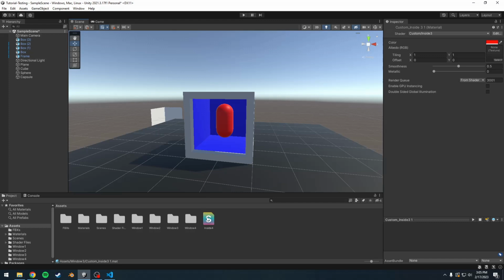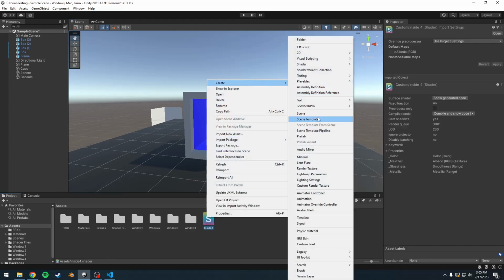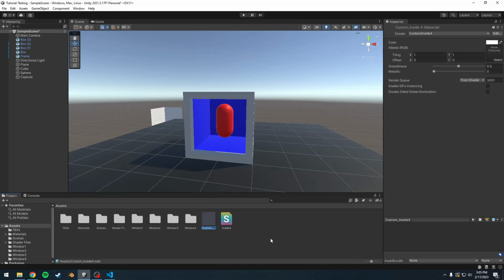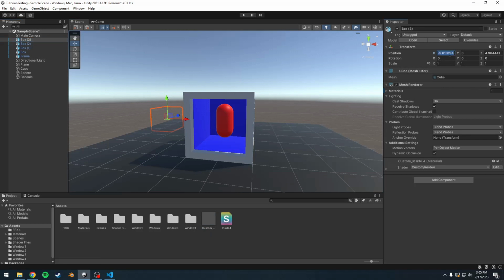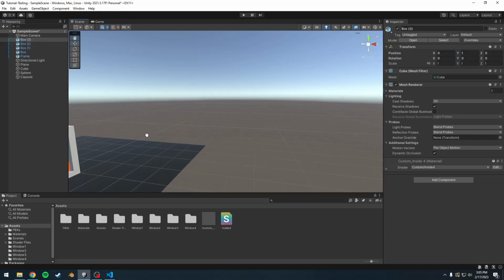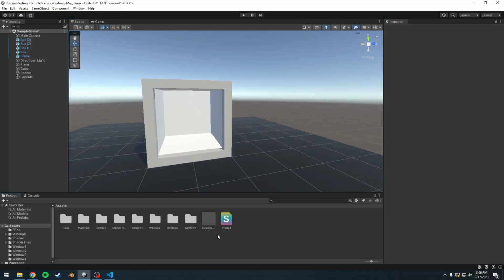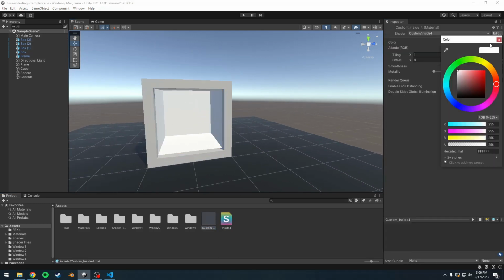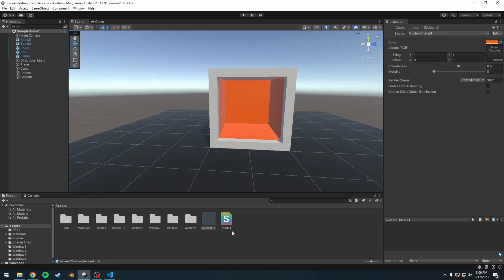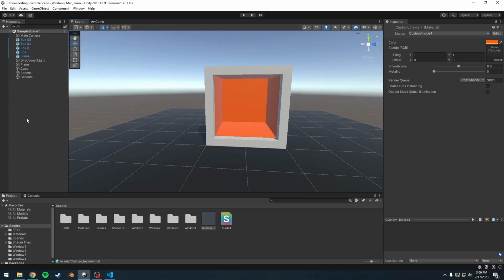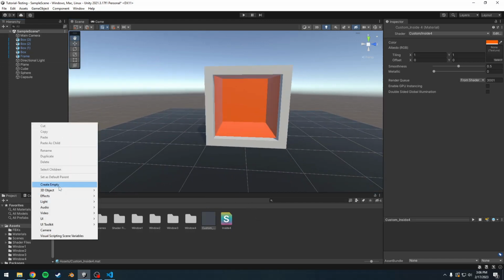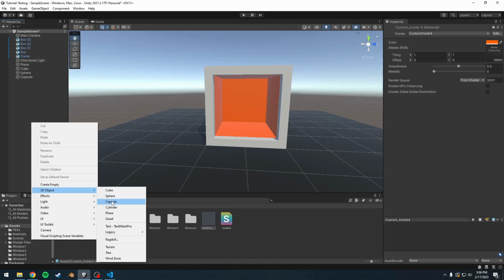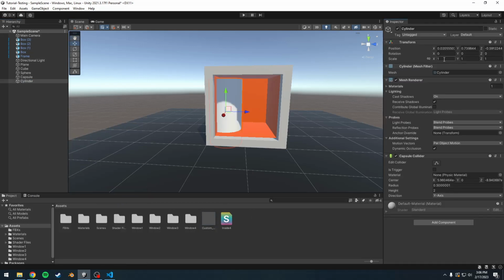And then let's go ahead and create a material from our last file and apply it to box 3, and then put him where he needs to go. Here we are. And then I kind of want this one to be orange. I don't know why, but he's going to be orange. I feel like orange and blue would be a nice contrast, even though we already have a blue one. But let's make, I guess we only have a cylinder left really, so let's make him the same size as the capsule,